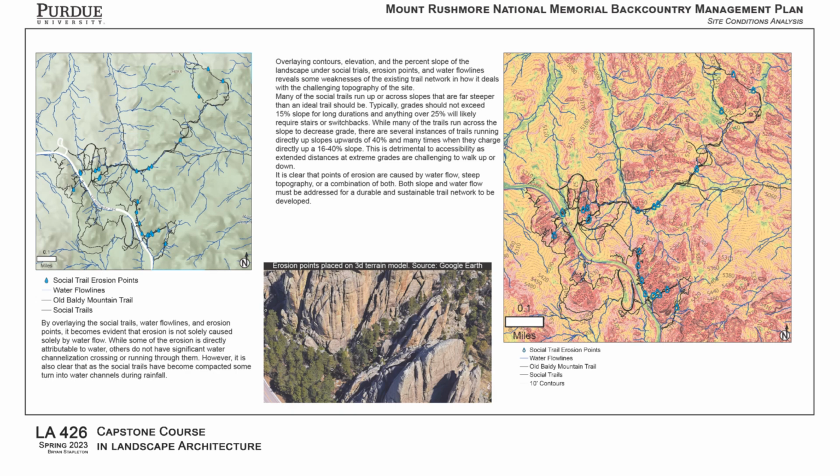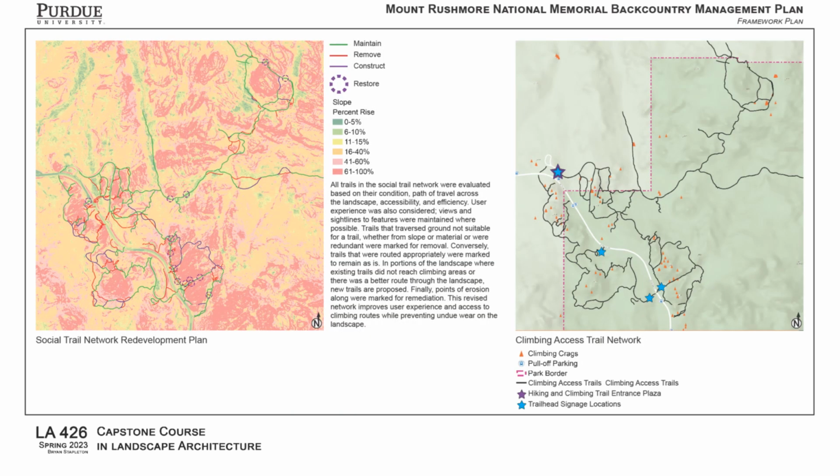I layered all of these points onto a 3D model on Google Earth so I could better understand what the site actually looked like as I was running some analyses. By analyzing the social trail network based on walkability, ease of access, if it maintains slope, if it avoids points of heavy erosion, and other criteria, I was able to rank them into 3 different categories: